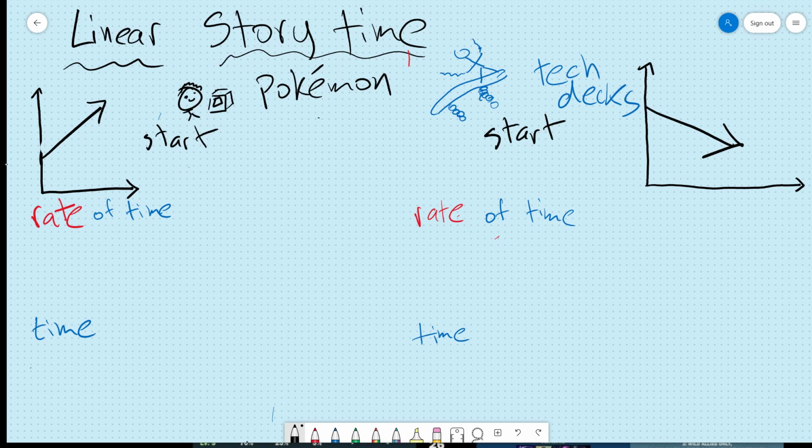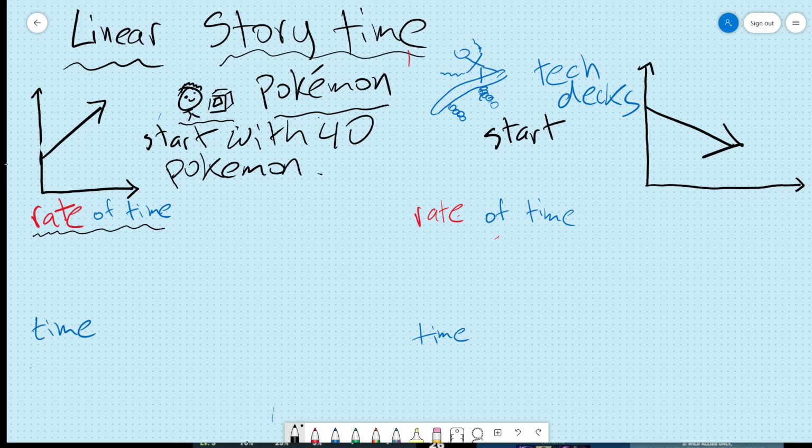So, what's our story here? We've got Lil Chin. He's playing some Pokemon. And our story, we're going to start with 40 Pokemon. And then we need to have a rate that he's doing something at with the Pokemon over a course of time. So we're going to say that he catches 3 Pokemon